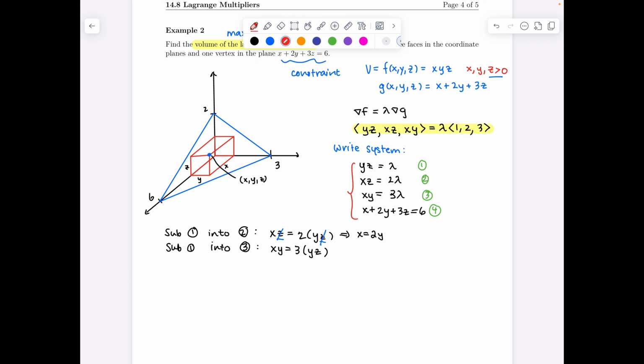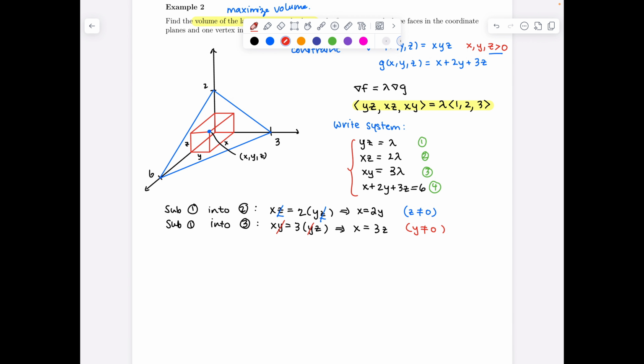Then we're in this situation again where we have a y on both sides, but we can cancel it because y is always greater than 0, and so we get this equation x equals 3z. So again, what we used here is that z is not 0, which allowed us to cancel for that other equation, and we also used y not 0. So in order for 1, 2, and 3 to hold, we now see that there are 2 constraints relating what